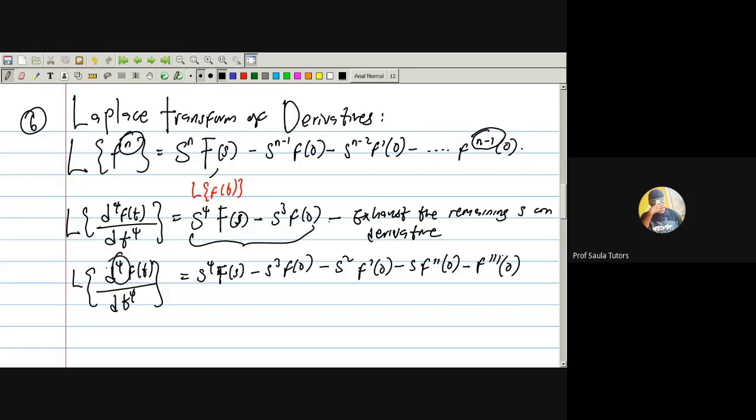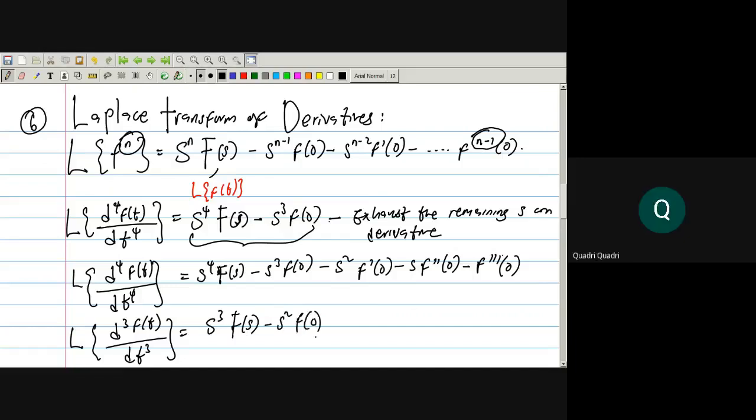Here, I'm having fourth derivative. And the last thing I'm having here is what? Third derivative. Do you get that? Yes. Okay, let me say I have the Laplace transform of, let me say I'm looking at the third derivative now. Now, what do I do? Firstly, I have s raised to power 3, F of s. Are you there? Yes. Then minus s squared. The next thing that must follow it must be f of 0, not derivative. Are you there? Yes, I'm with you, sir. Then the last thing is that you now adjust the remaining